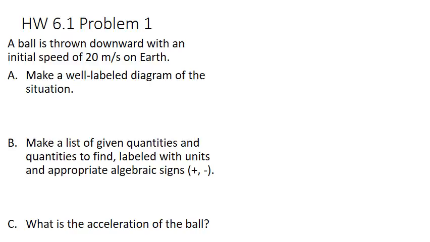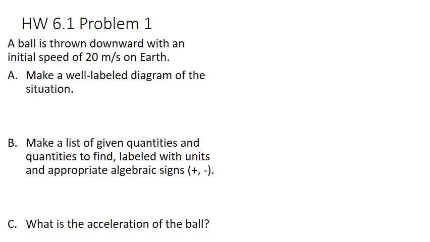In case you did not understand the solutions in class, here they are again. Hopefully this will help you. So step number 1: a ball is thrown downward with an initial speed of 20 meters per second on Earth,